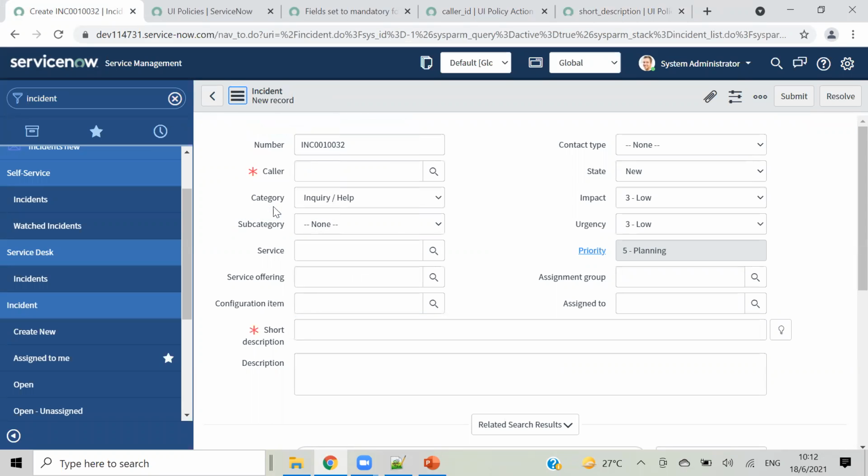And I am reloading my form. Nothing happened. Why?